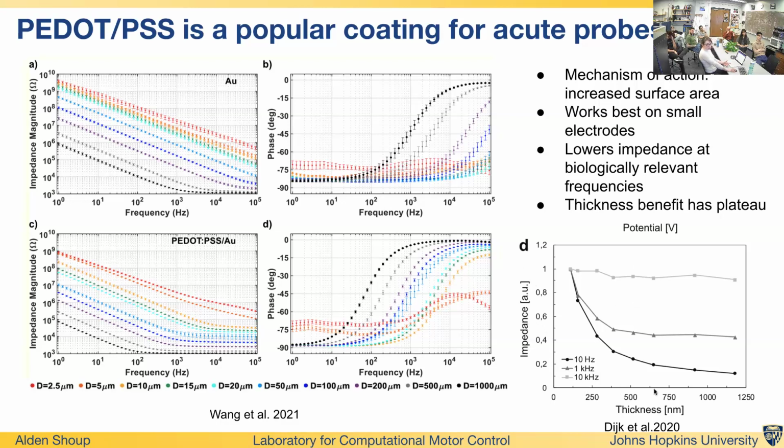In this case, they varied the thickness of the PEDOT coating, and it plateaus at a certain point. And so there really is a sweet spot where you want to apply this coating, but there isn't much of a point of applying too much more than that. And so keeping that in mind,